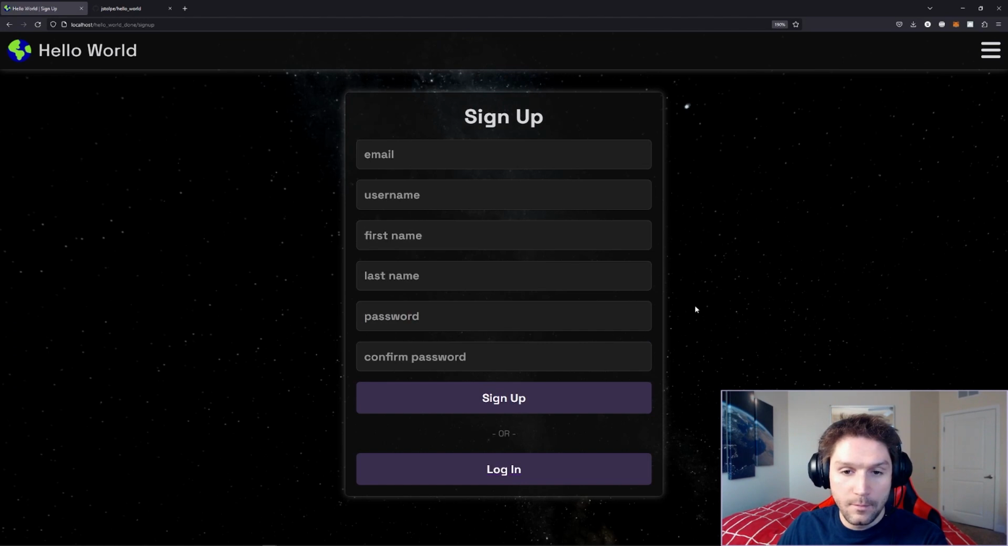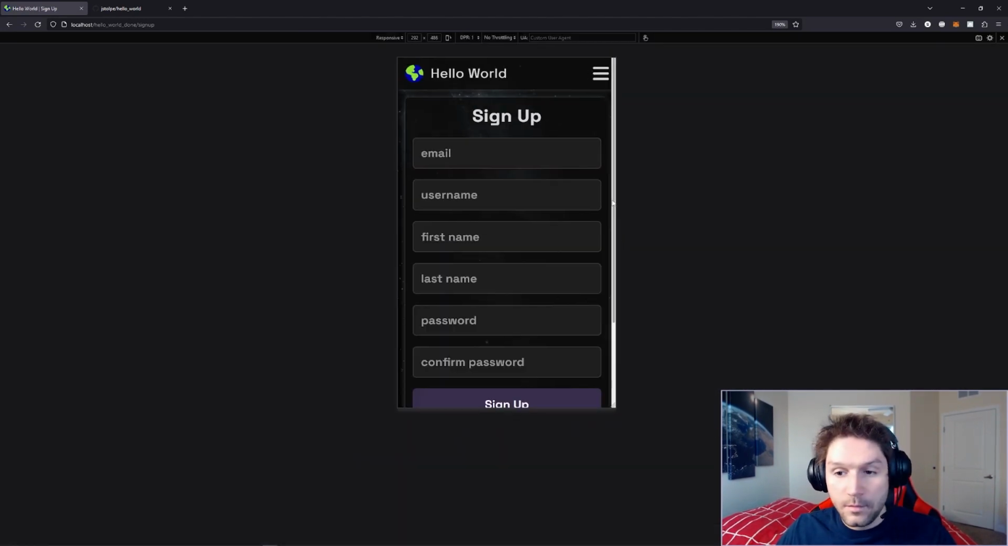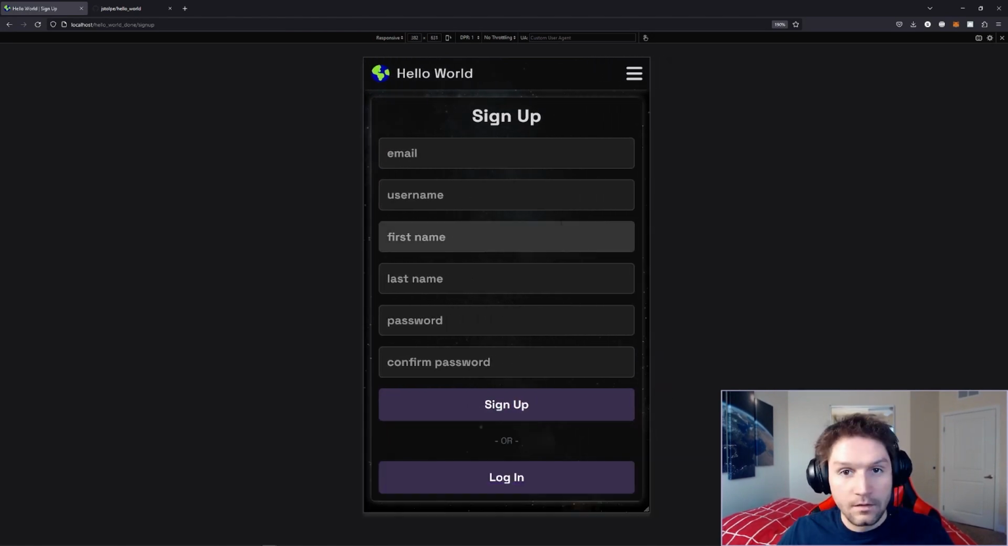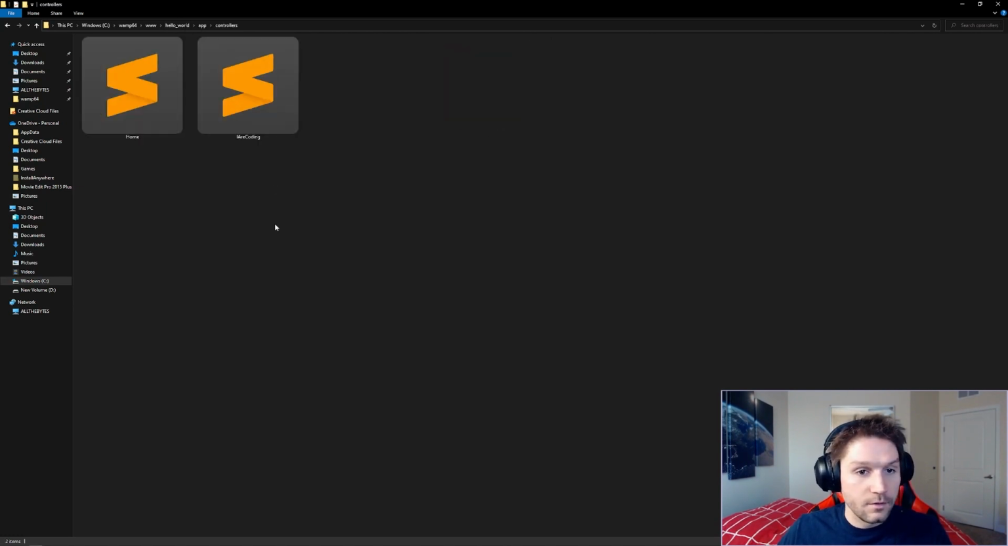And it's also going to look good on mobile. So if we hit F12, click our emulator icon here, this is what it will look like on mobile. The form adjusts nicely to 100% width of our website if it's on a mobile device. Let's code. Alright, so we're going to begin in our Hello World folder, our app, controllers, and we need to